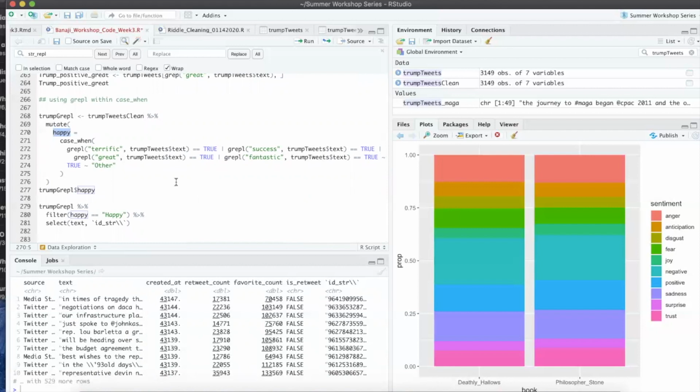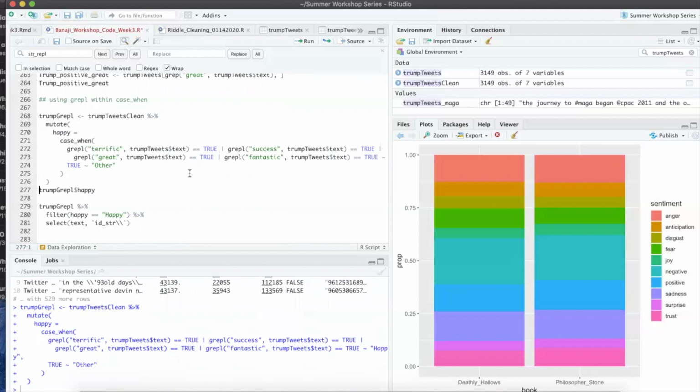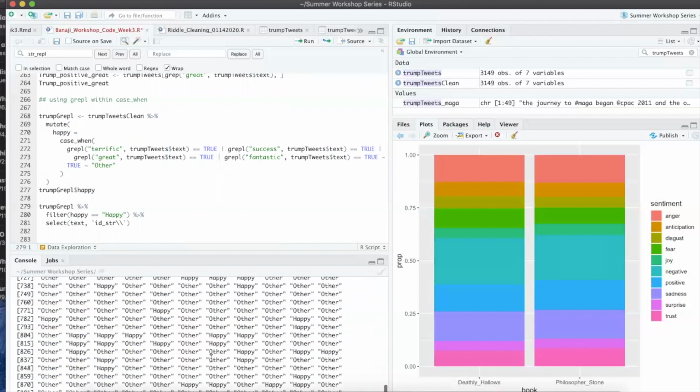And obviously this is a super simplistic version of what you might be doing, but I've used this recently when I'm trying to understand text responses to a surgeon riddle, and the key DV is whether someone says that the surgeon is the mother. And so using these grepl to figure out whether someone is talking about a mistaken identity or a mother or a stepfather, it was super helpful. So again, we're using more dplyr in addition to some of these base R or regular expressions. And then we can actually just look, okay,